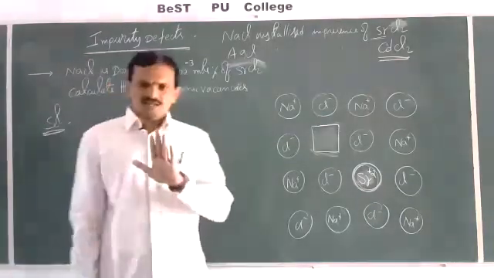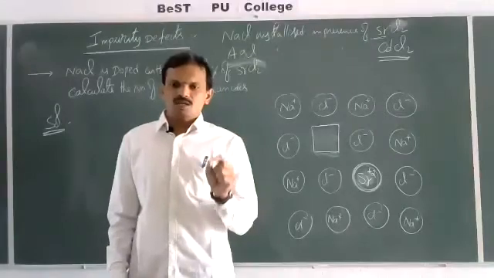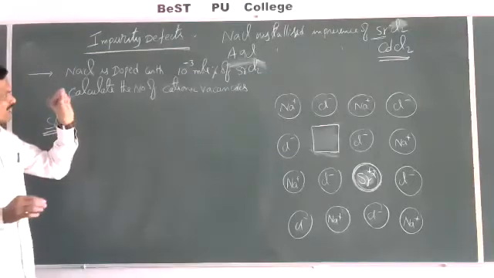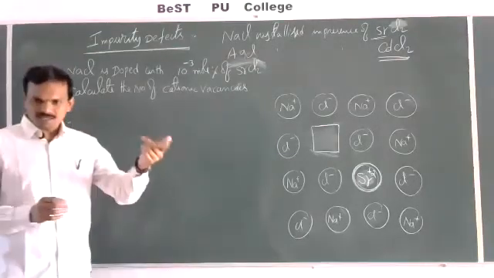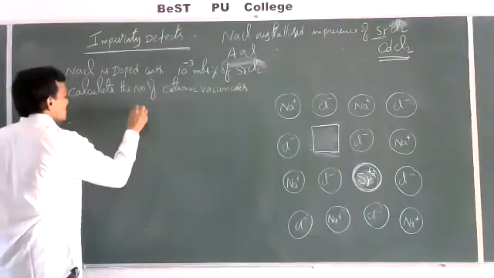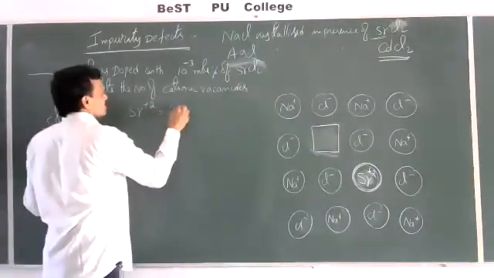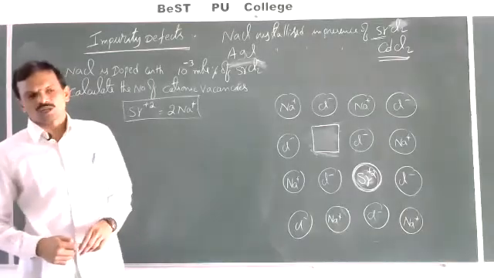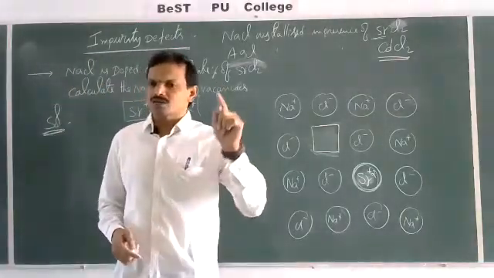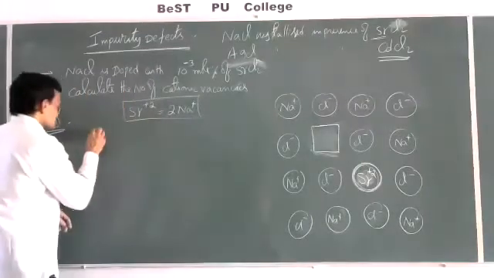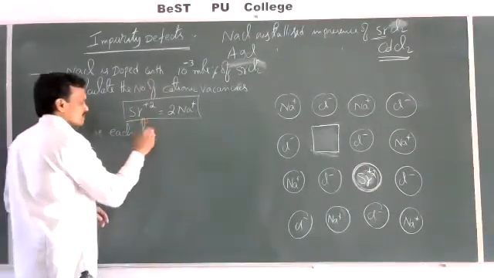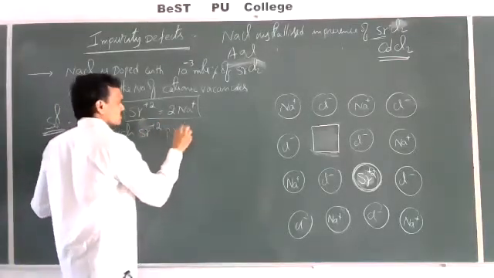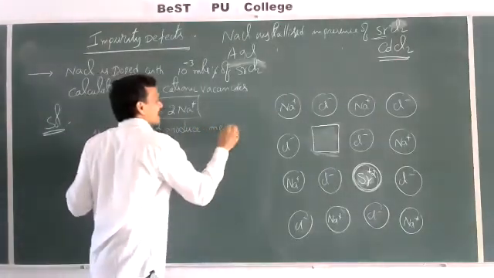Say any defect arises, always electrical neutrality should be maintained. That is, here one strontium ion can replace two sodium ions. As you know, Sr+2 is equal to 2Na+. One strontium ion can replace two sodium ions but occupy only one lattice site by leaving one cationic vacancy. That is, each strontium ion, each Sr+2, produces one cationic vacancy.